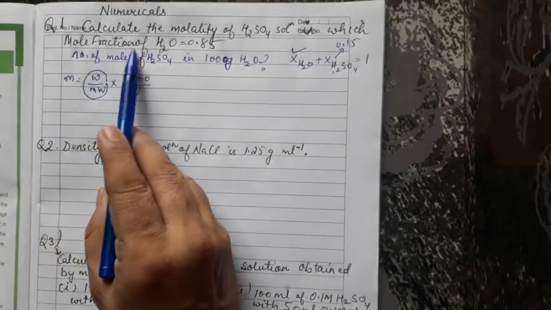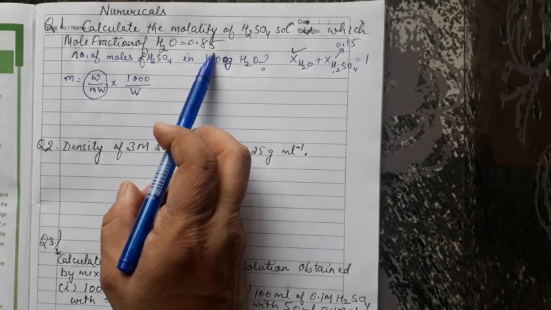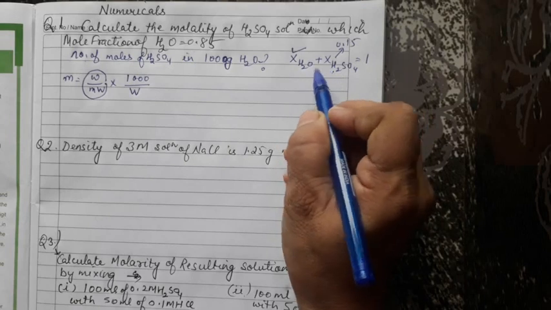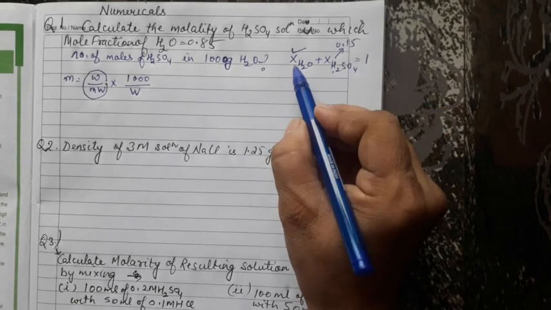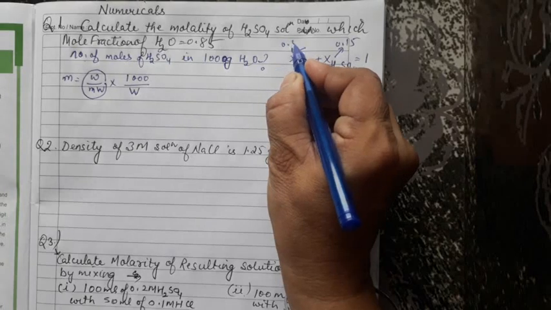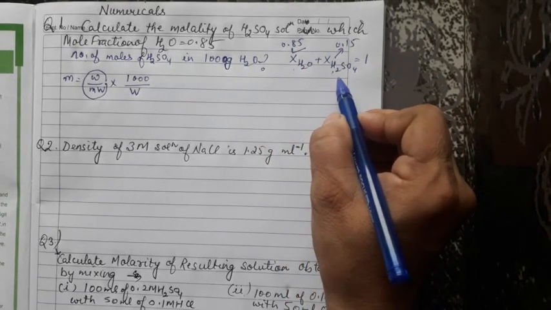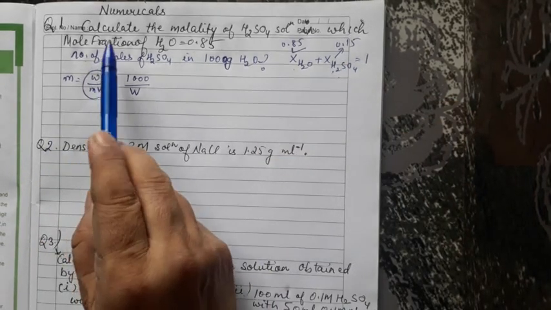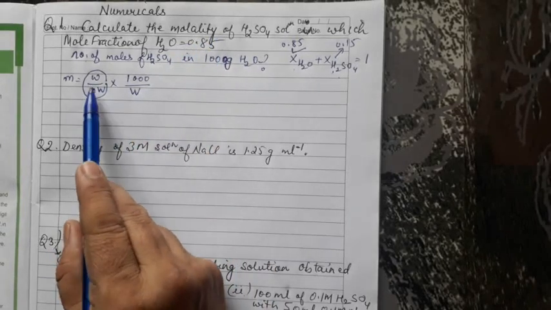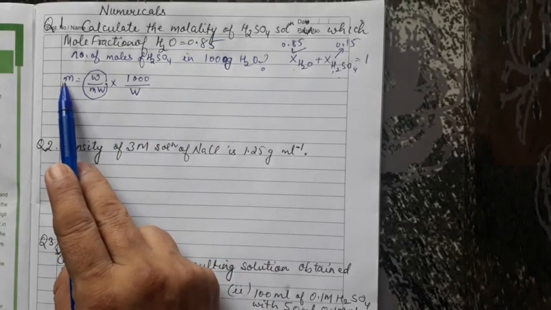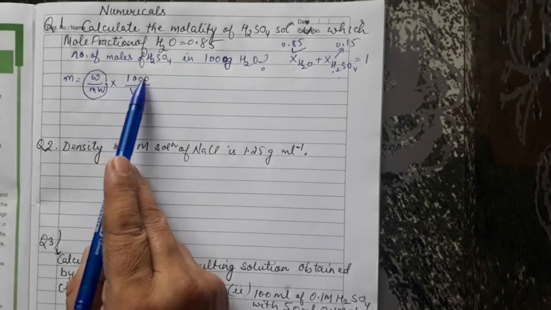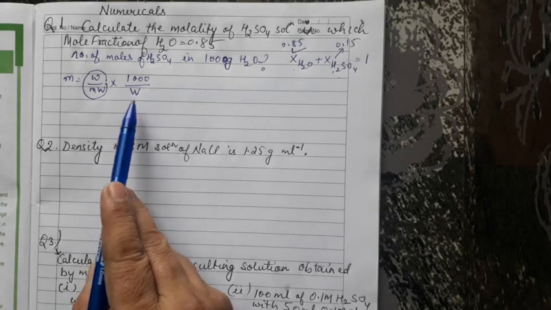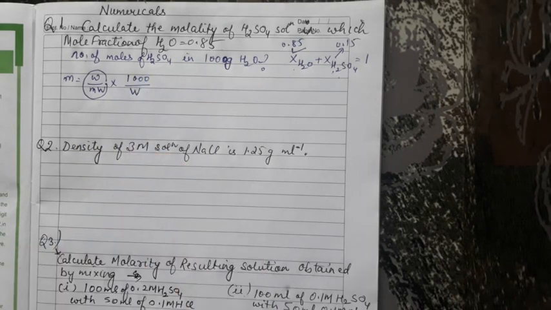Okay, we know the mole fraction of water in the question is 0.85. So when we know this, we know that the sum of the mole fraction of water and sulfuric acid is equal to 1, and this is given as 0.85. That means the mole fraction of sulfuric acid will be 0.15. Okay, now you might be thinking molality we have to calculate, this is the formula. That is, molality is weight by molecular weight into 1000 by the weight of the solvent in kg we take. So kg I have to convert, if it is given in gram we divide it by 1000.